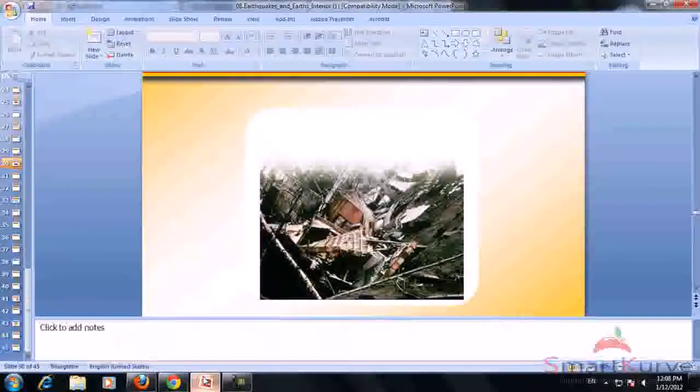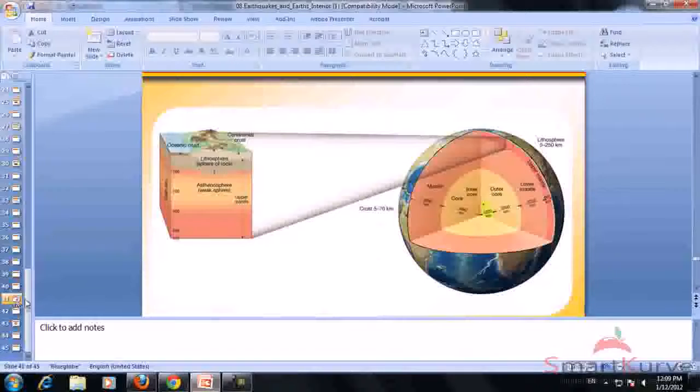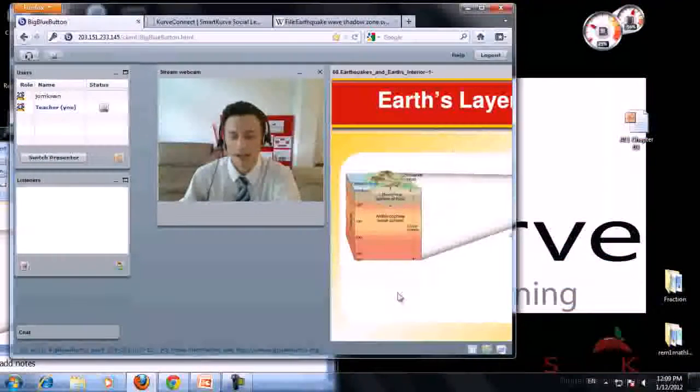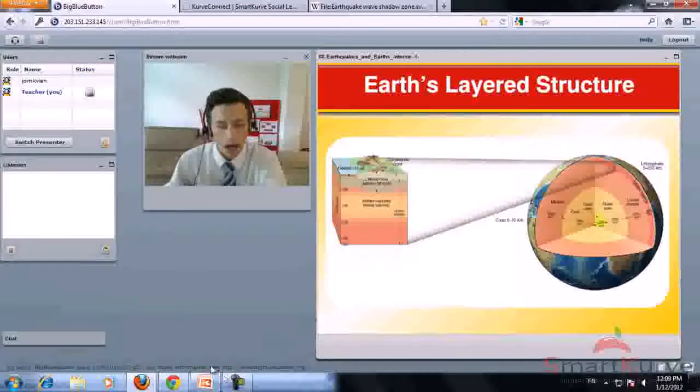Alright, we'll cut this. If you go to slide 41, I think you should take a look at slide 41 during this part of the lesson. Just stay there. And